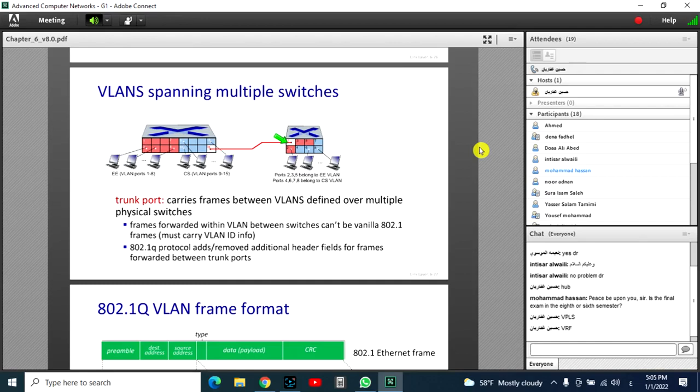So the trunk port is a bridge to connect two different physical switches together. I can extend a VLAN over that trunk port into another physical switch. But if we extend the span of VLANs into multiple switches, we have to use